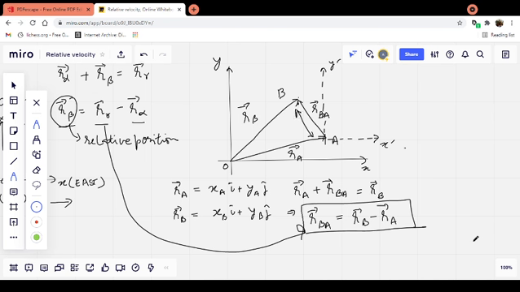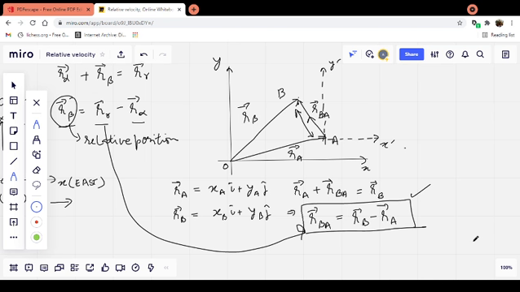If I'm trying to look for this particular vector, then I would say that this vector can be found by subtracting my position, that is the position of the point which is trying to observe point B, from the position of point B. So what is the position of point B? RB. What is my position? RA. So I would subtract my position from the position of point B, and this would give me the position of point B as seen by me, that is A. So this is the basic equation which we are looking for, and then we can substitute the values of RA and RB in this particular value to get our relative position.